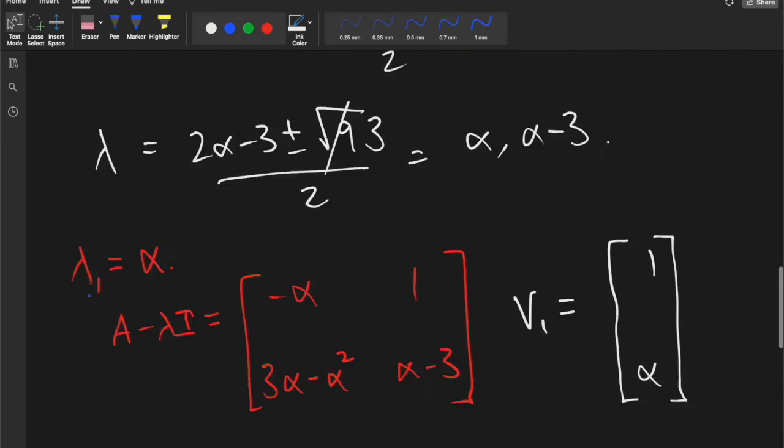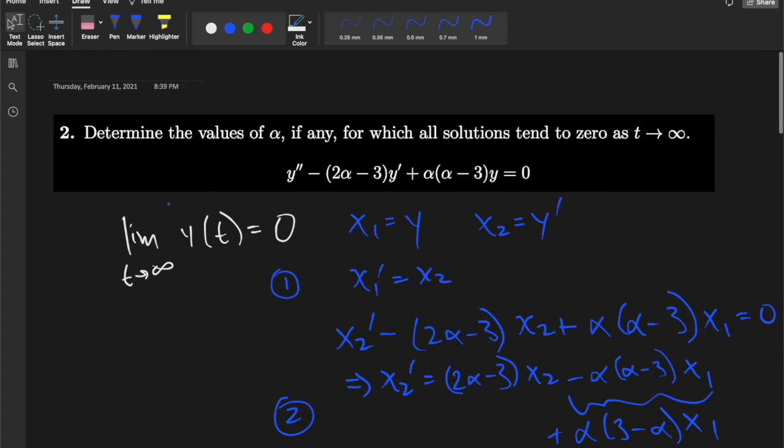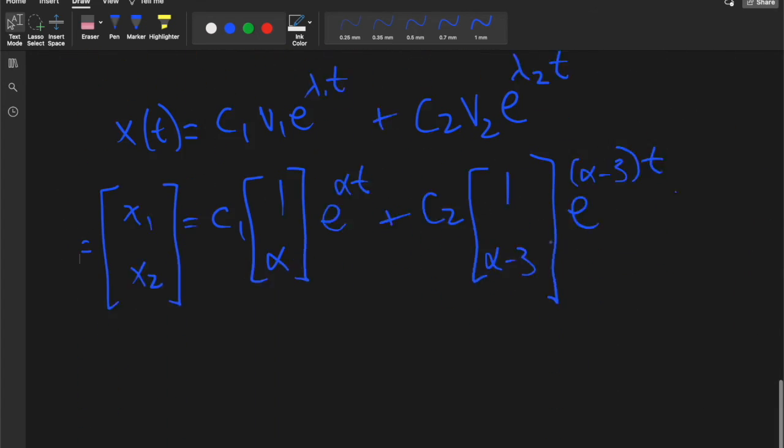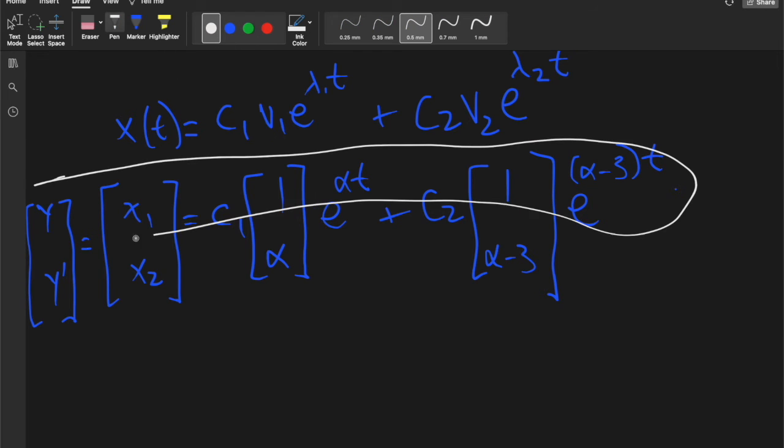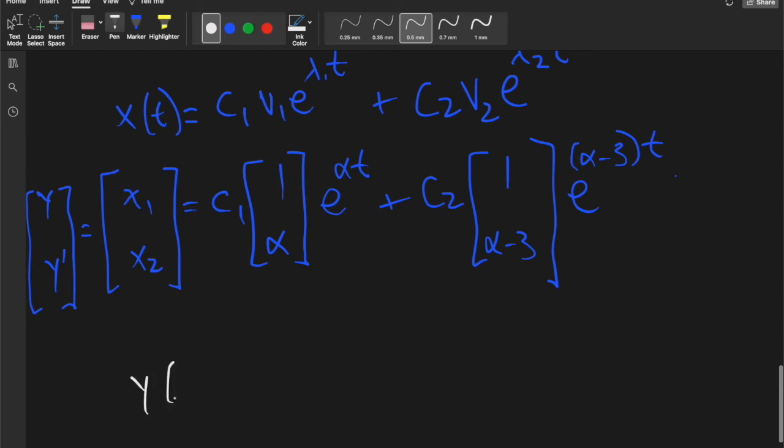But the question gave us a differential equation in y, so our solution should also be in terms of y. And we want to find the values of alpha such that y(t) approaches 0. As we see here, we set x1 to be y, and then we set x2 to be y prime. So plugging that in here, we get x1 is y and x2 is y prime. So since we want our solution in just y, we look at the first row of our solution, and we get